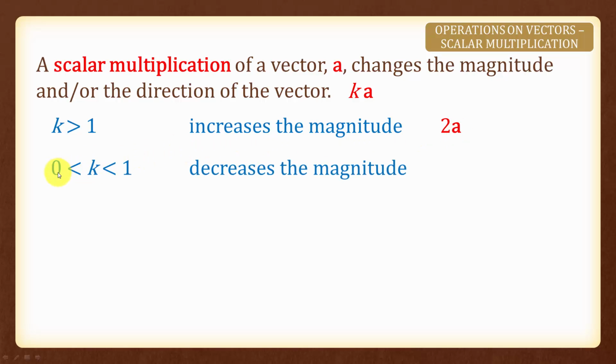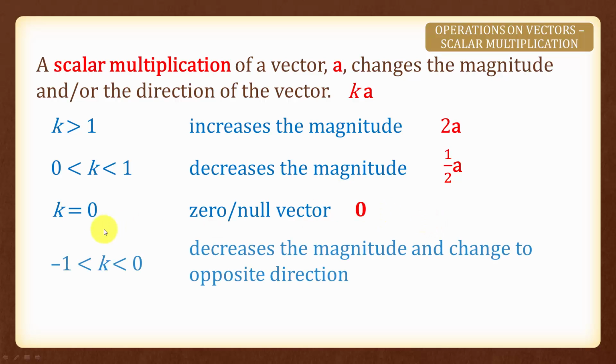If k is between 0 and 1, it will decrease the magnitude of vector A. For example, half A will reduce the magnitude of vector A by half. If k is equal to 0, then we will have a null vector. If k is between 0 and negative 1, for example, negative half A, this will decrease the magnitude by half and it will change the direction to the